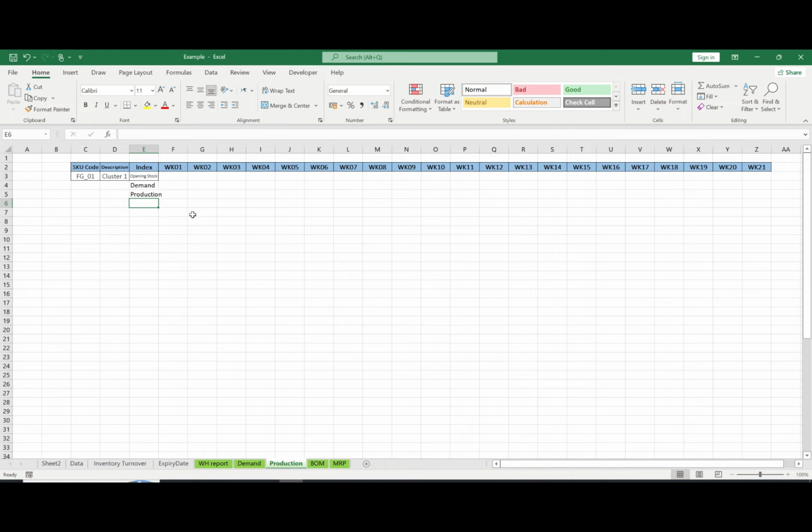Let's add one row also for stock adjustment in case there is a return, maybe a defective one, or there is some production error in the manufacturing report. And then you are going to add closing stock,